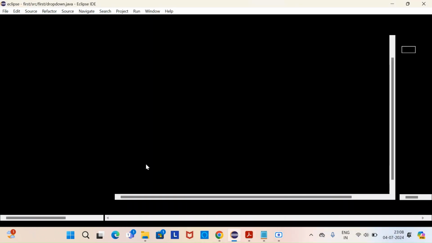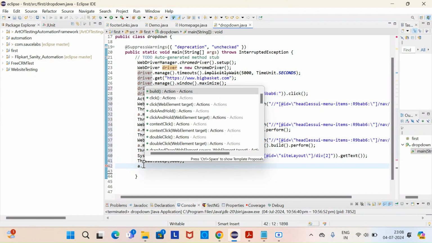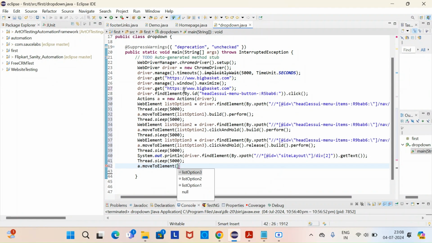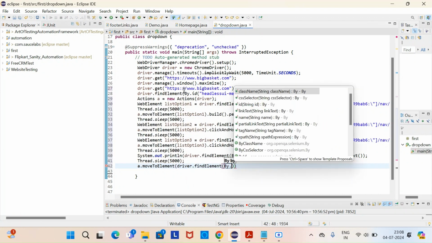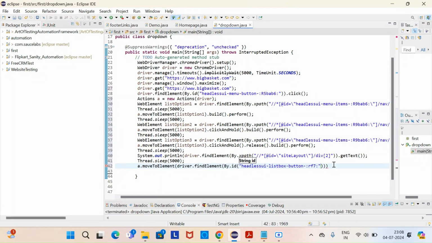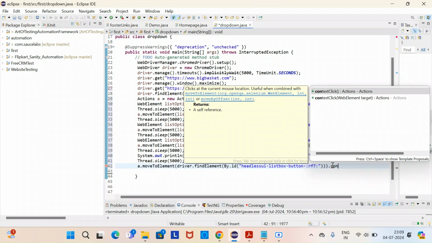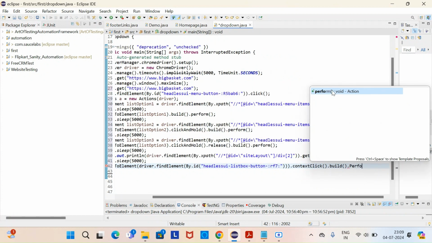Now we have to perform actions, right? Move to element driver dot find element by dot id, paste it, dot, we need to right click on the element. We have to inspect element, right? So what we'll do is we will select context click dot build dot perform.